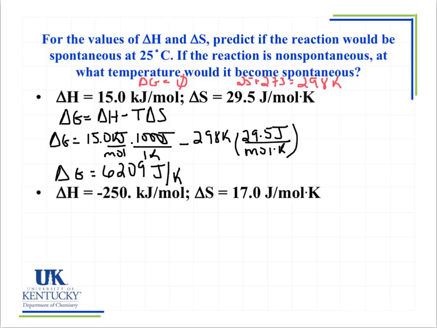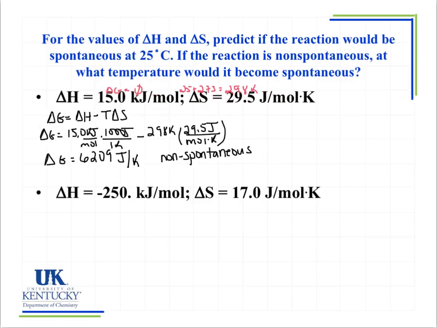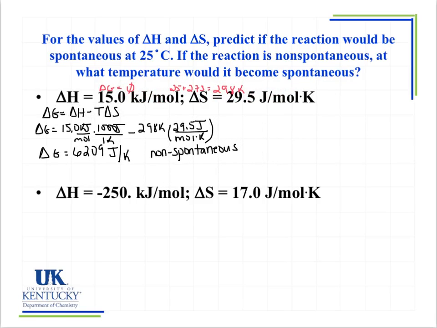My delta G value here is greater than 0, so that lets me know my reaction is non-spontaneous at this particular temperature. But I want to see if there's a temperature at which it will become spontaneous. And so what I want to do is find that temperature. So I'm going to set up the same equation, but solve it for the temperature this time instead of the delta G value. So for my delta G value, this time I'm going to put in a value of 0